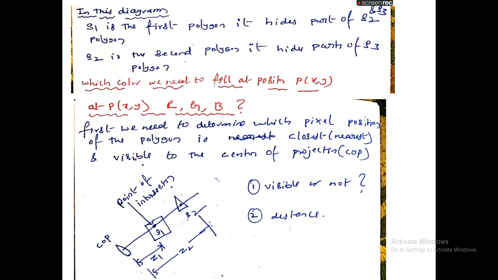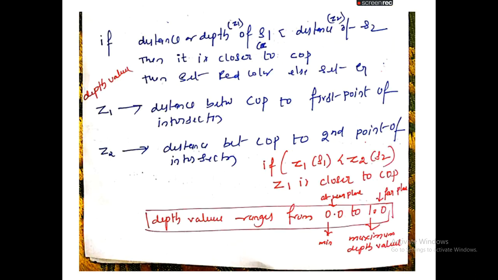Now here I am discussing which color I need to project or paint for that particular pixel when the same pixel is shared by multiple objects, or when one object is overlapping with another object. Here the question comes: which color has to be painted for that particular pixel, because we need to display that pixel information on the screen of the monitor. So this is the working principle of our Z buffer algorithm.